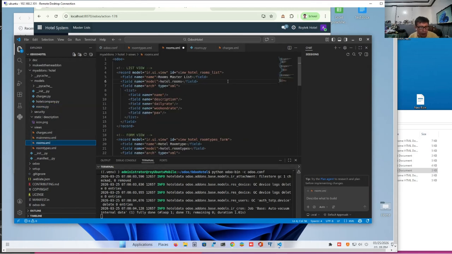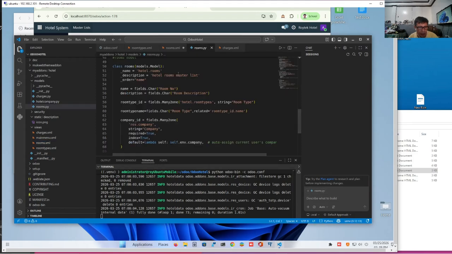So we'll go back to the rooms XML, and then we are going to change the fields. What are the fields? We're going to look them up. First we have name, description, room type name.